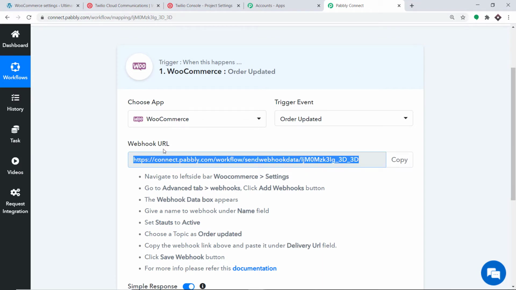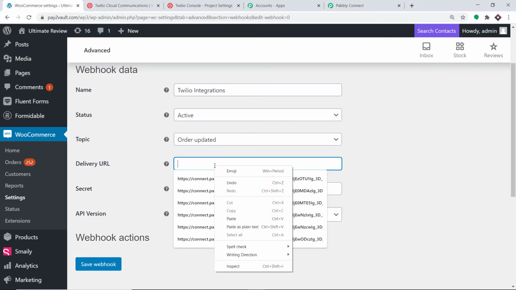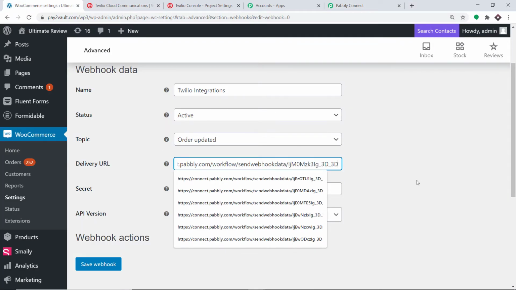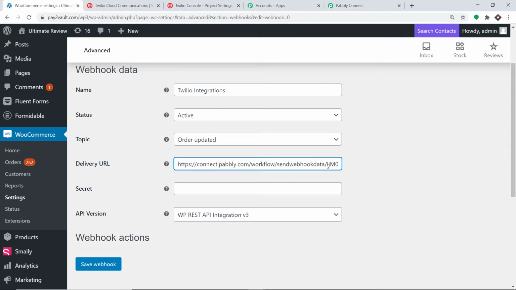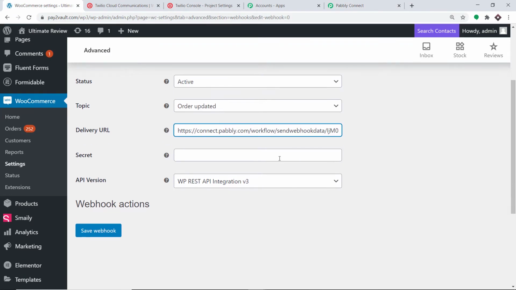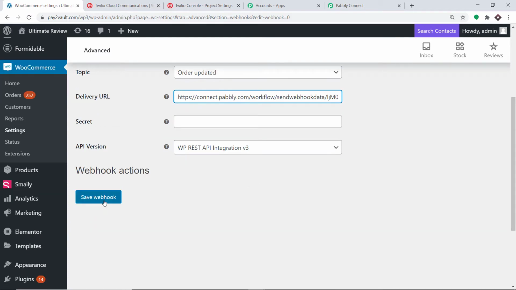So this is the delivery URL or the webhook URL you want. Copy this and simply paste it here. Okay, so let us check whether we have entered the correct URL. Okay, yes, we have entered the correct URL. So now the secret will remain empty and the API version will remain WP REST API integration v3. So just click on save webhook.